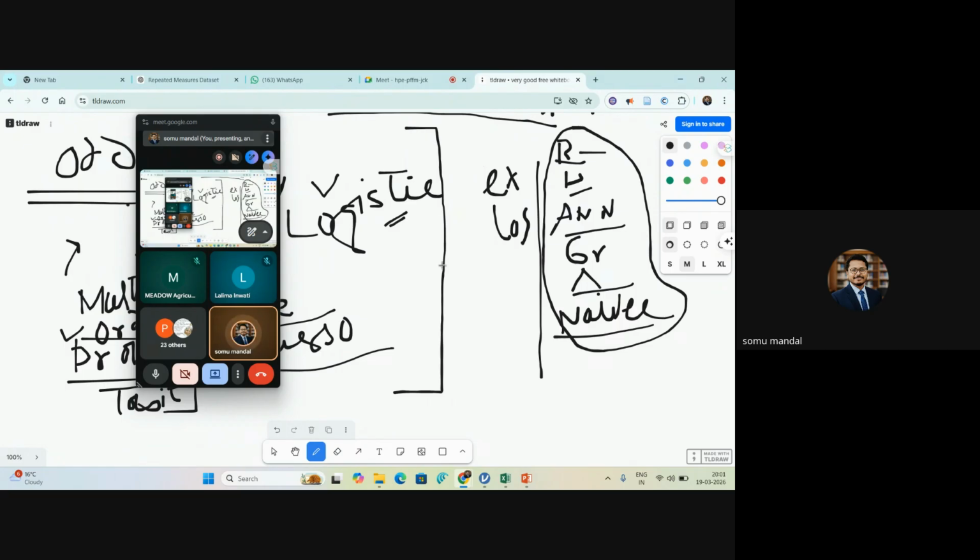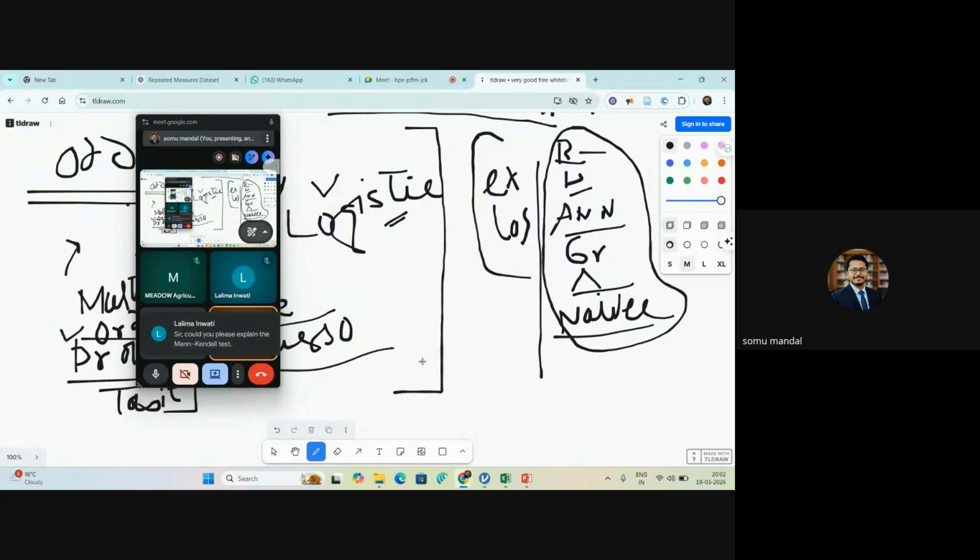And that is why I think regression analysis needs a separate workshop. It's a special workshop for the regression analysis. Okay, that's all from my side. If you have any question, any query, or need any kind of discussion, you may feel free.